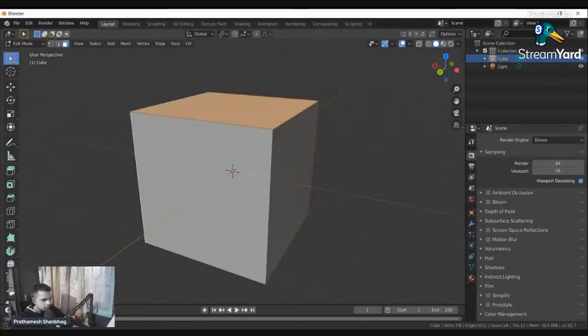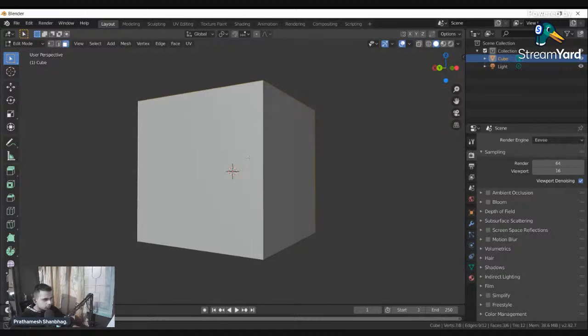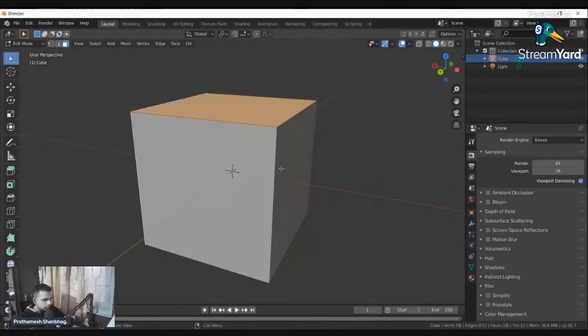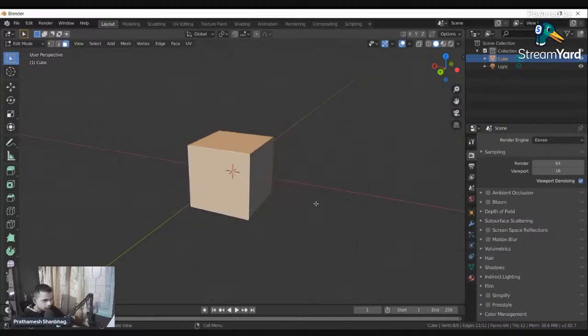You can see these faces are not selected because I haven't selected them, but I can individually select them by holding shift and then clicking. A short method of selecting everything is to just press A and everything gets selected. If you want to deselect it, press A two times and everything gets deselected.